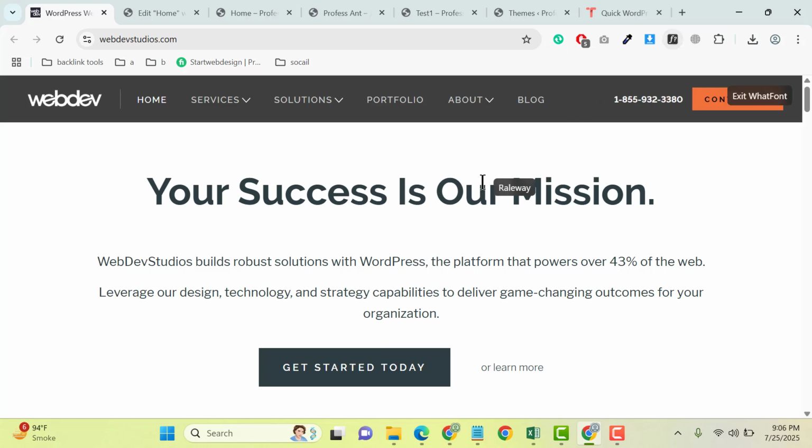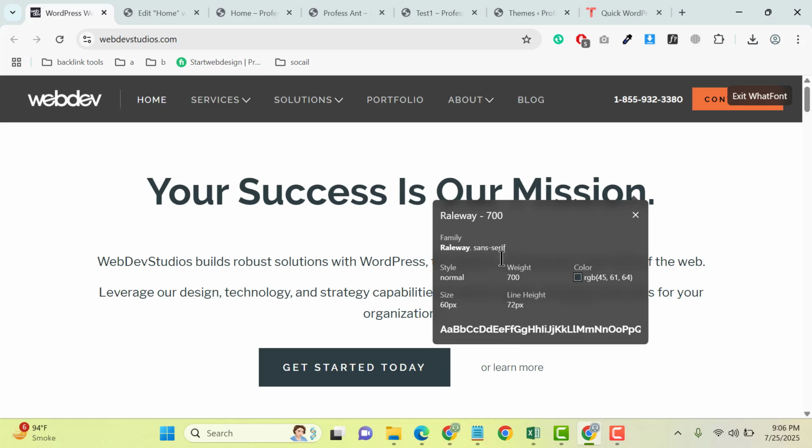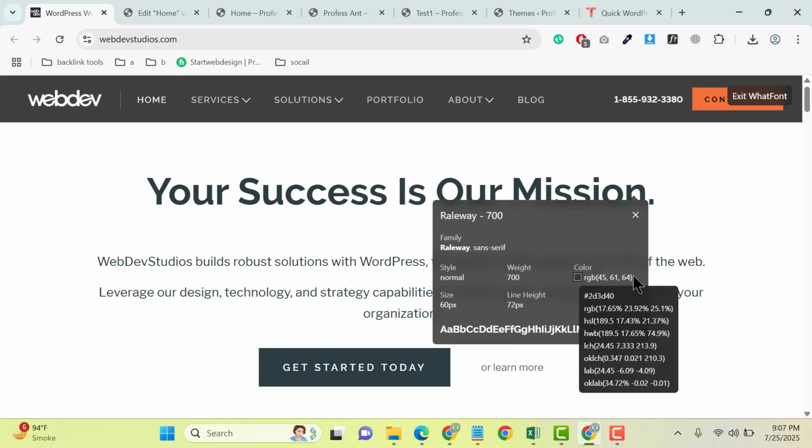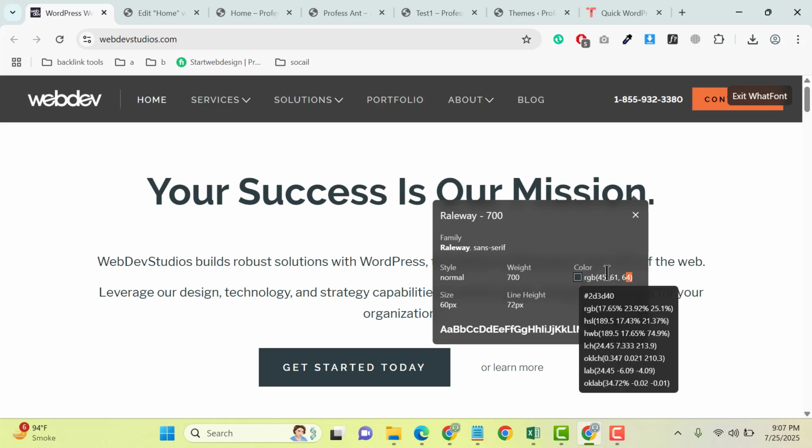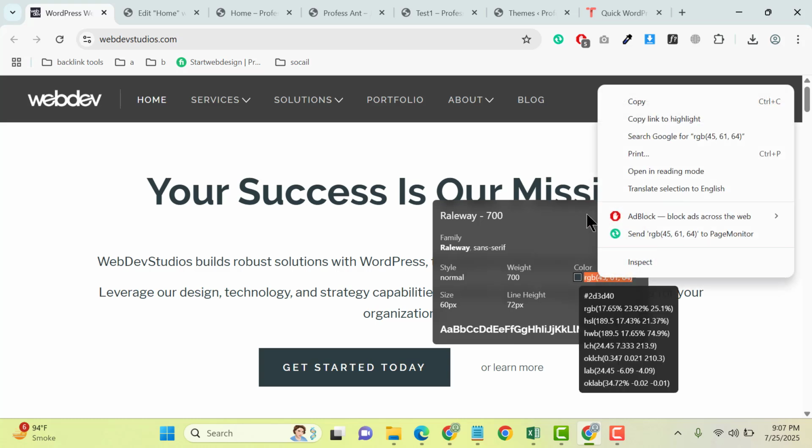So for example, if I go here, and here you can see it will tell me font family, as well as if I click here, then here you can see all of the typography is here. So font family, font style, font size, and different other things. You can also check button text as well as different other fonts. Even it tells colors. So let me copy this color code,